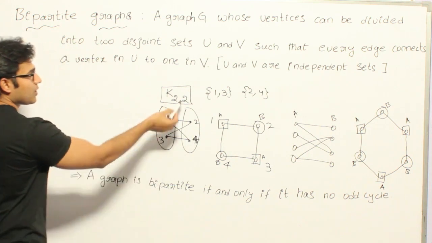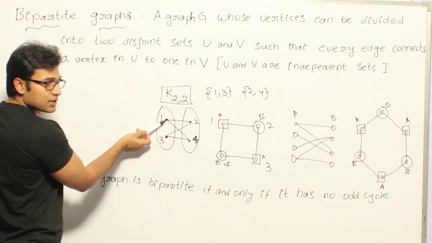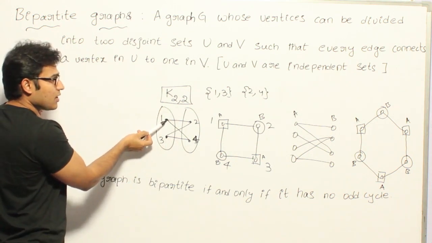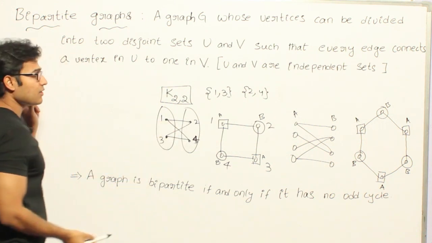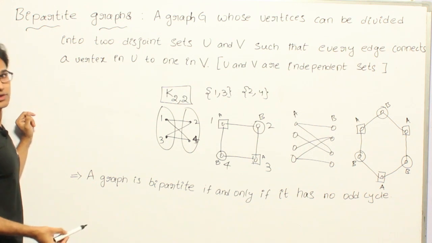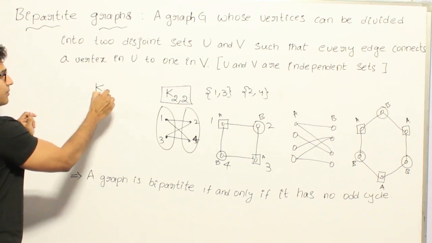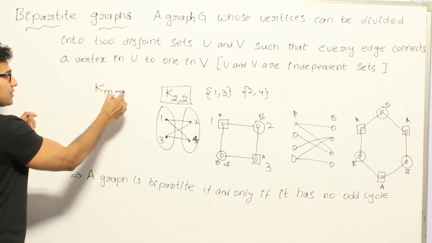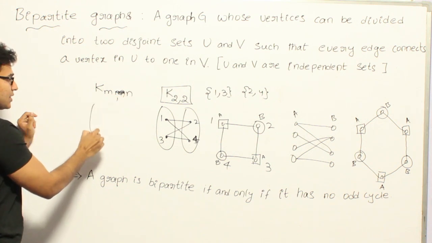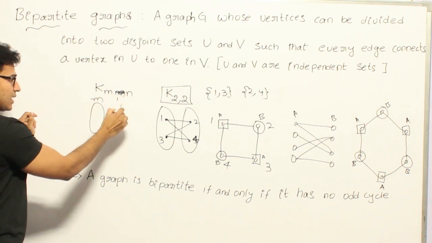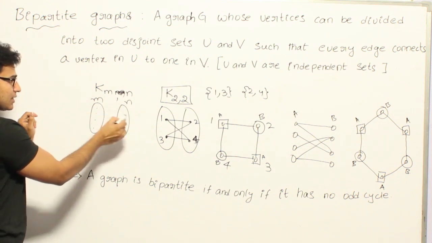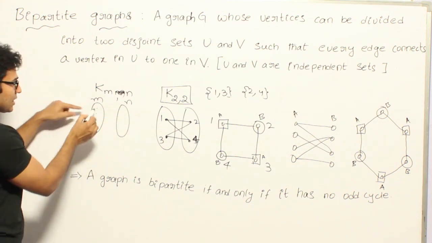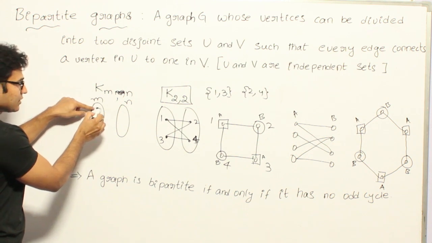Now what is the property of a complete bipartite graph? Every vertex here is going to be adjacent to every vertex on the other side, right? Then how many edges do you have in that? If you have K m,n, what is the meaning of it? Let us say K m,n. It means that there is a set of m vertices and a set of n vertices in such a way that every vertex here is adjacent to every vertex there, which means every vertex will give us